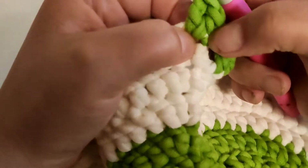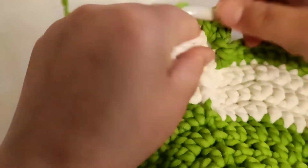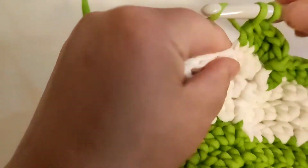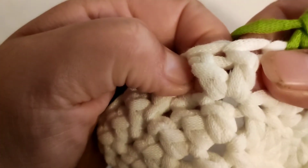So then you have, that's your increase right there. So for this round, we're going to have 7 stitches in between each increase. So there's 1, 2, 3, 4, 5, 6. Sorry, my camera keeps going out of focus, you guys. 6 and 7. So we've done 7, and then as you can see, this is the increase from the prior round, and